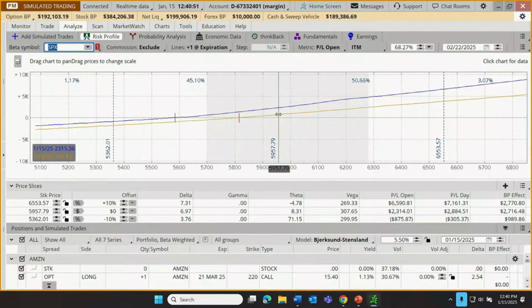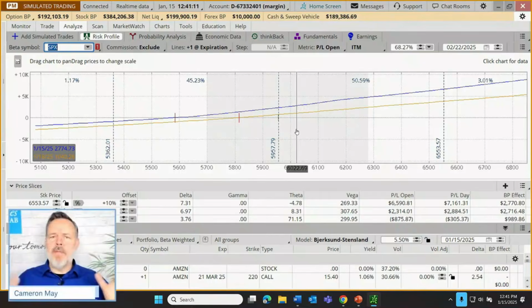This is the anticipated performance of an entire portfolio based on the S&P rising or falling. And of course, we could change that to other dates as well. Frankie, you like that? Yeah. So this is where the trader might use the tool to examine, I wonder how my whole portfolio is structured.